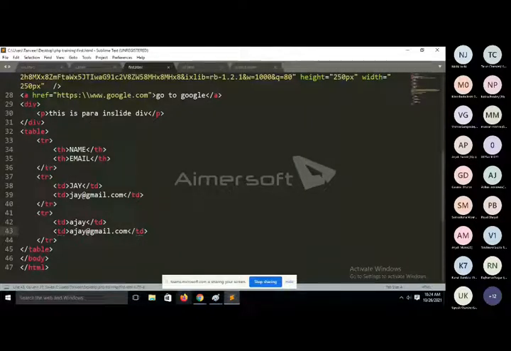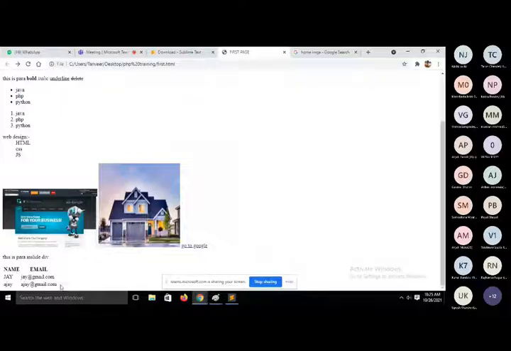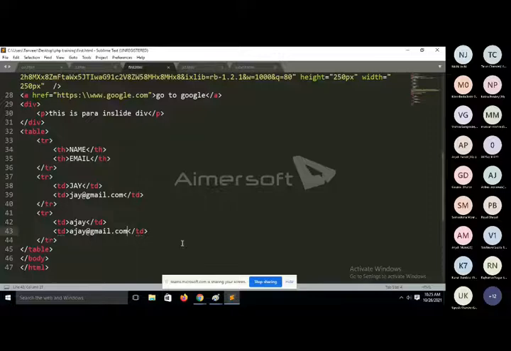When you refresh, see. But sir, as you told us, the table tag is used to display a table, but it is not showing in the form of a table. So if you want to apply a border in any table, then you will use a property. And now what is a property? After the tag name, if we want to apply some content or some layout, or if we want to print a tag with some special characteristics or some special form, then you will use properties.